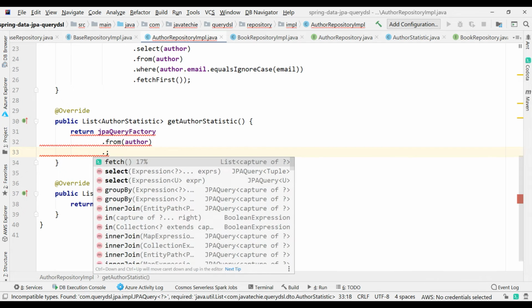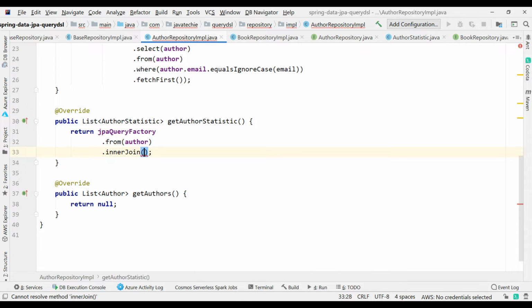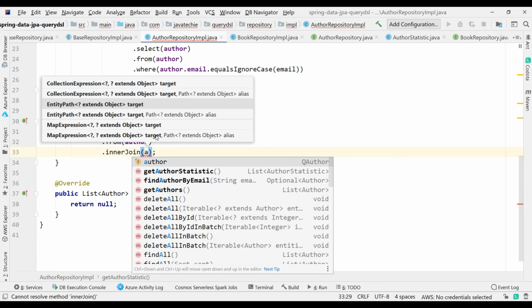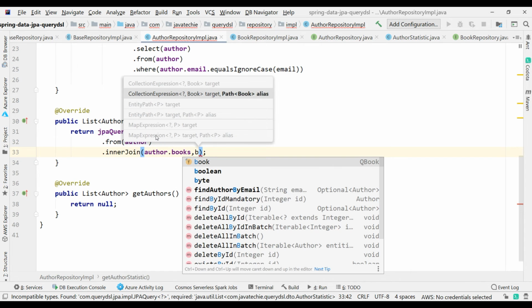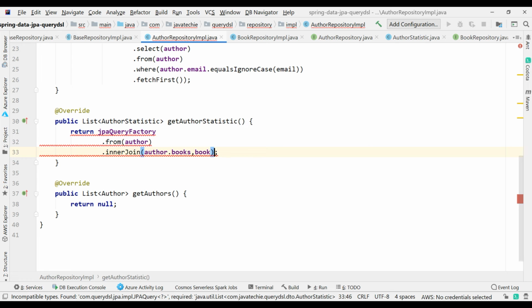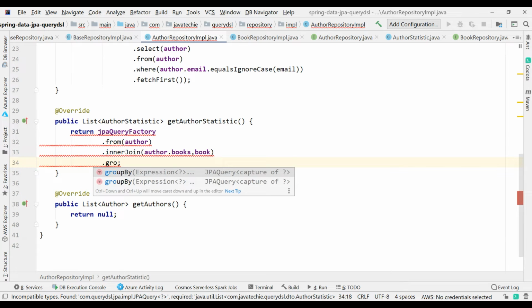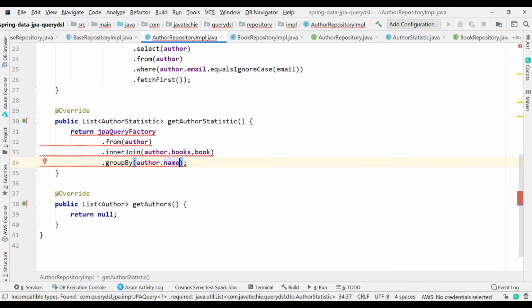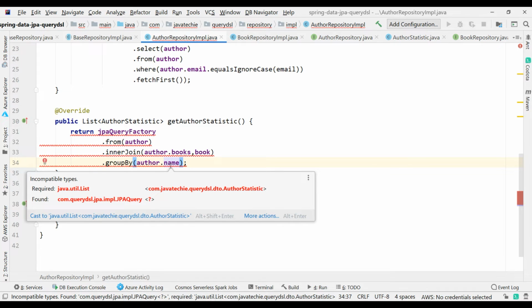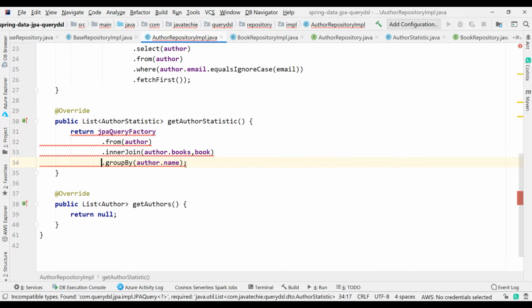Then we just need to provide the inner join between author dot books and the book entity. Then provide the group by author dot name, because we want to find the count of books by each author. So that's the reason we need to provide the group by here.